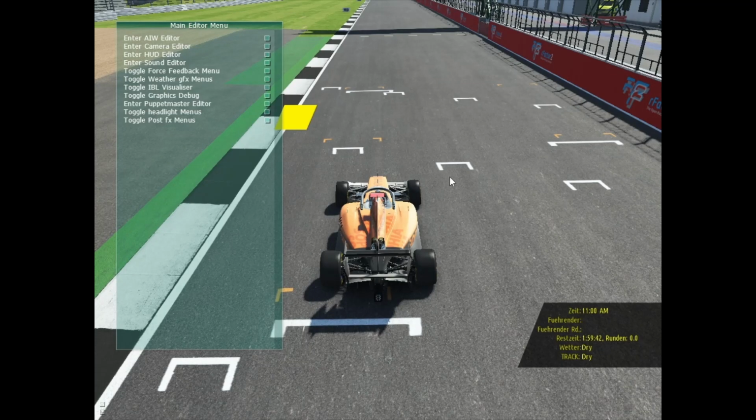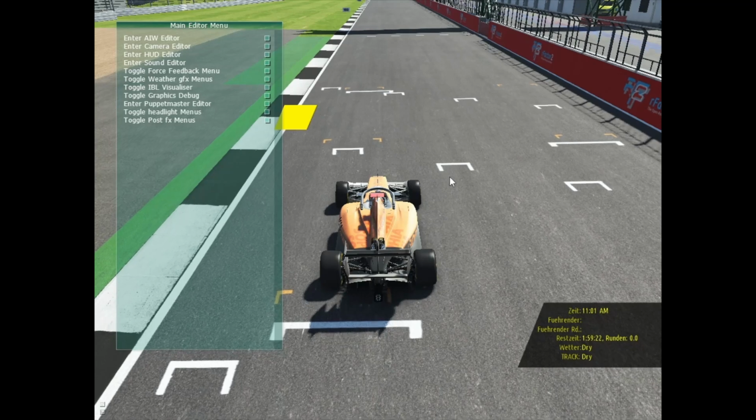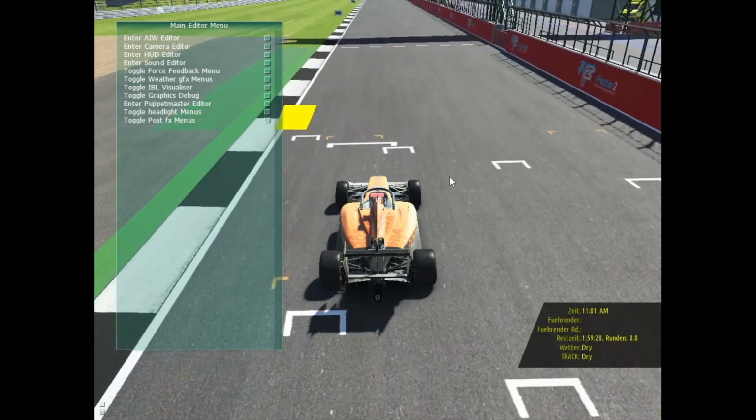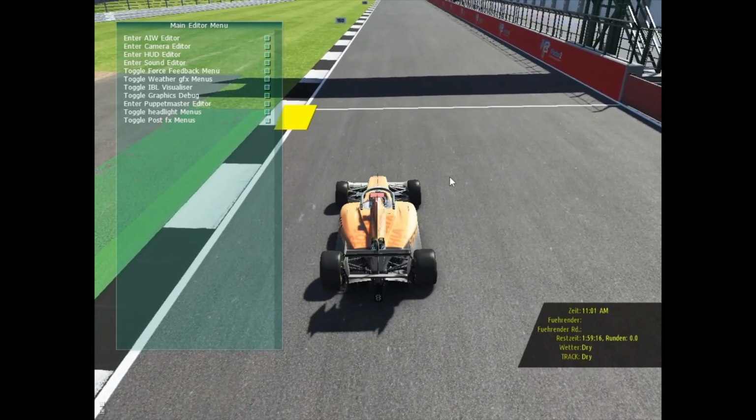In this video I want to show you how you can record the fastest path from a replay. And for that I start here. In another video I have said already that to record a fastest lap path from the replay,